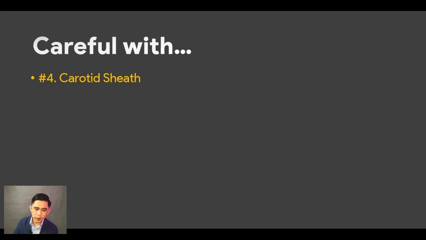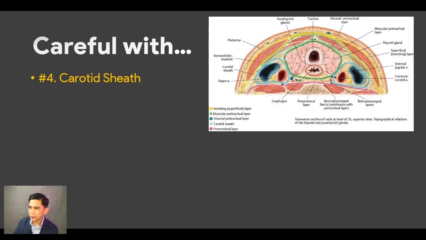Next, we have to be careful with the carotid sheath when we extract the thyroid out. This is a cross-sectional view of our neck. This is the skin. These are the strap muscles I've discussed earlier. They meet at the midline, the median raphe, and we reach the thyroid. This is the trachea. Now the carotid sheath